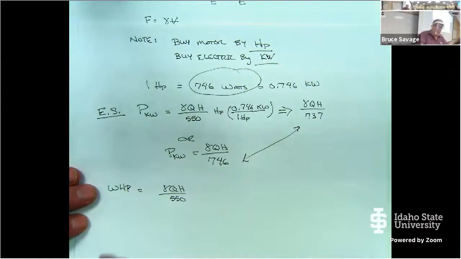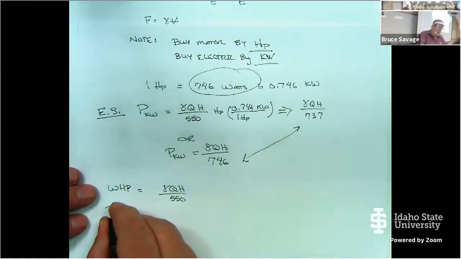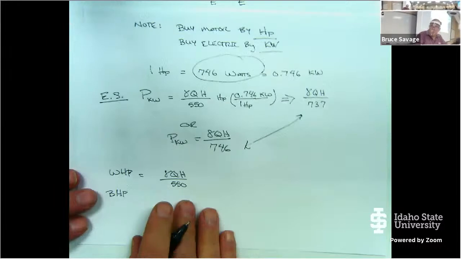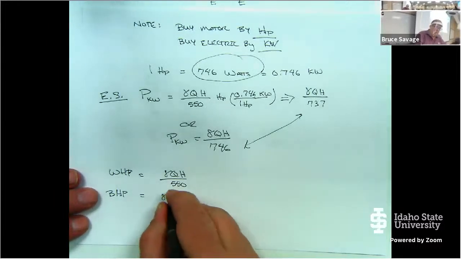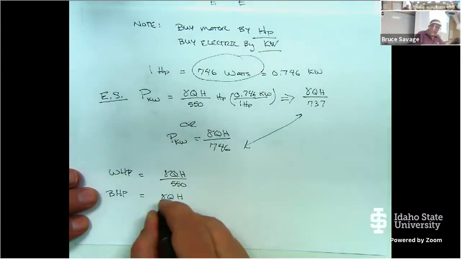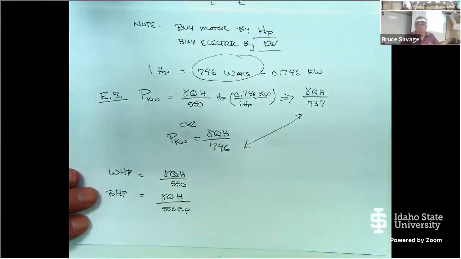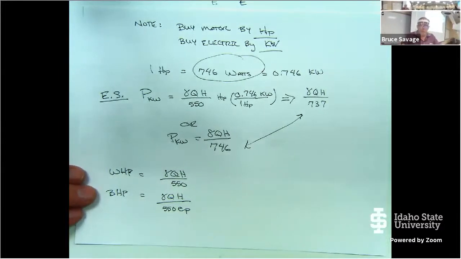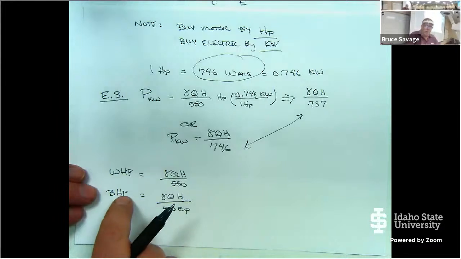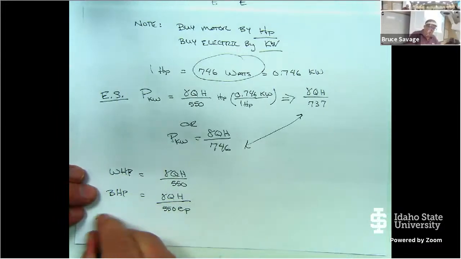Braking horsepower, B sub HP, is equal to gamma QH divided by 550 times the efficiency of the pump in decimal form. And we talked about the efficiency of the pump; pull that off the pump curve, and we'll look at the example today. So water horsepower, braking horsepower, and then total